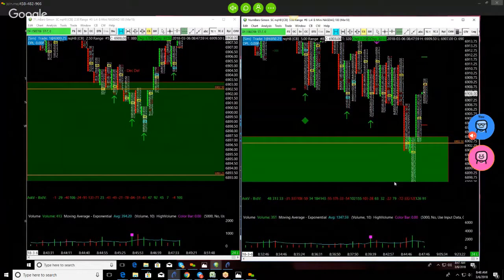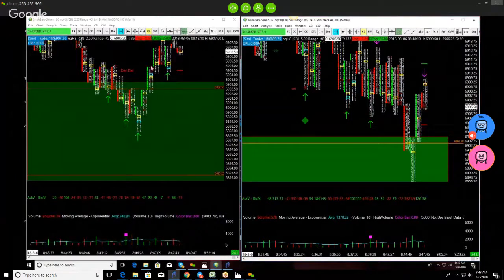Also, if you'll notice on this, see how I had an increase in delta as we pushed down on a smaller size there? We're now above that area that occurred right through here. I want to see this area hold, and I certainly don't want to break my low. It's early, so a lot of volume tends to get shoved through early in the morning. So I'm not certain that I have this placed exactly correctly.